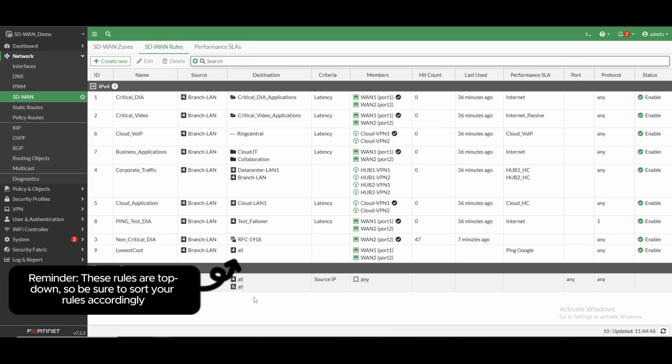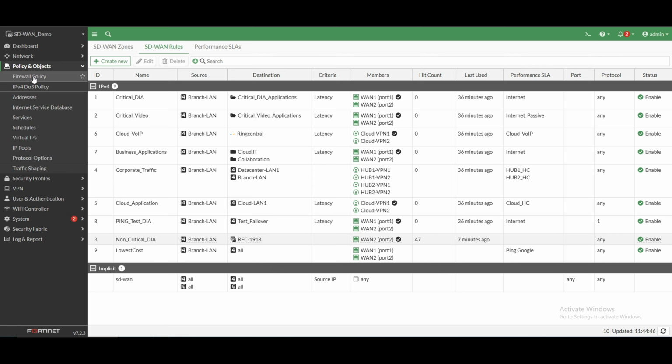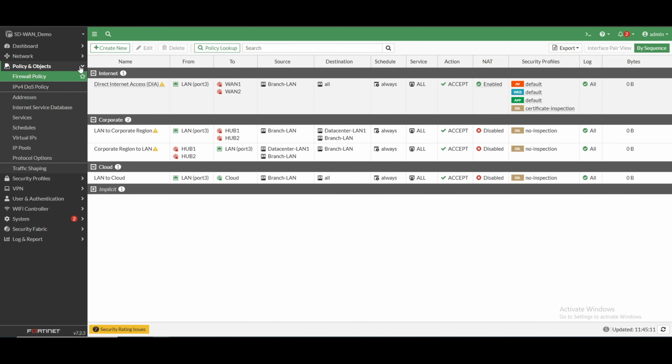And that's most of the configuration. Again, very simple, very straightforward. So we've configured the SD-WAN zone, we've configured the performance SLA, we've configured the SD-WAN rule. The final step is to create a firewall policy to make sure that traffic is allowed. So we'll go over to policy and objects, firewall policy. I'm going to create new,